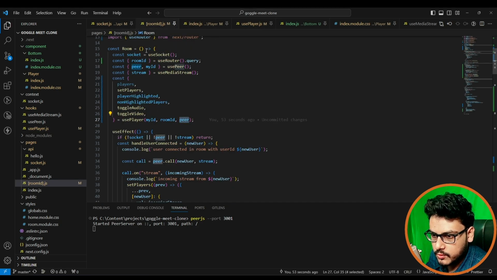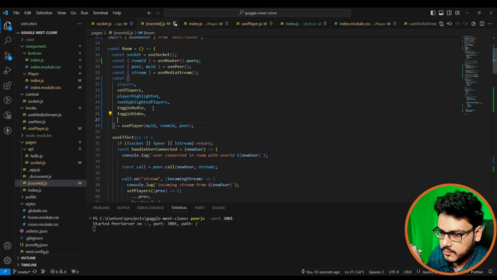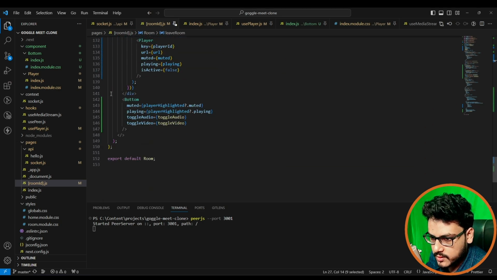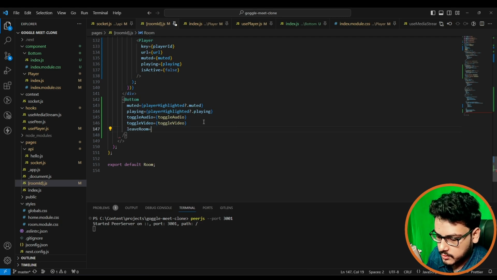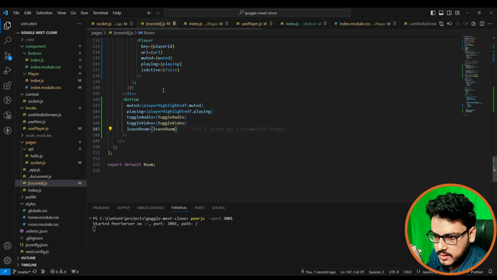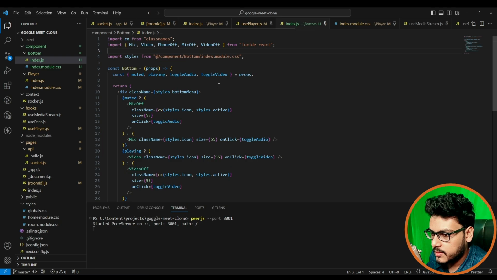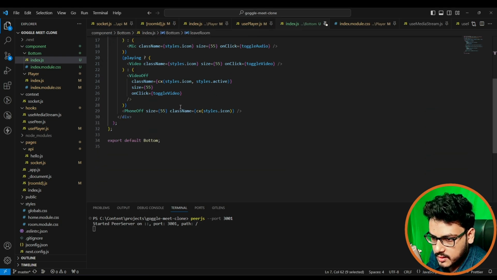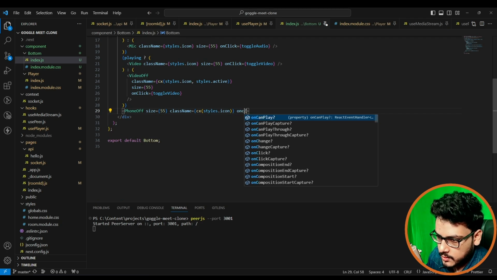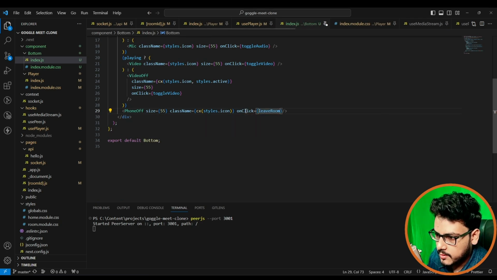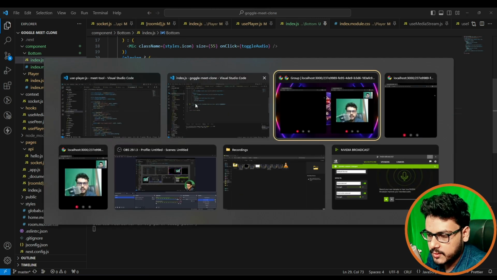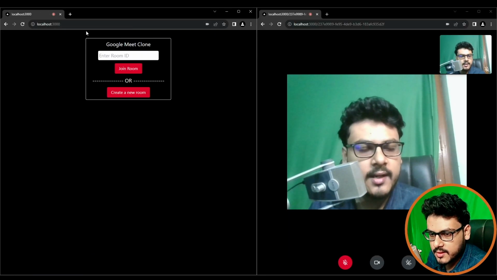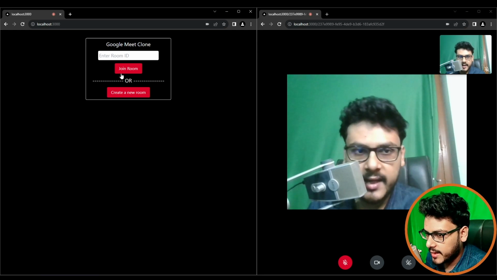Then we'll come to the room id page, we'll extract leave room from here, and then we'll consume this leave room in the bottom. We'll go to bottom, we'll get leave room, and on click of it, I'll call this leave room thing. Okay, now if I just click this, I got disconnected from the peer, but again my stream